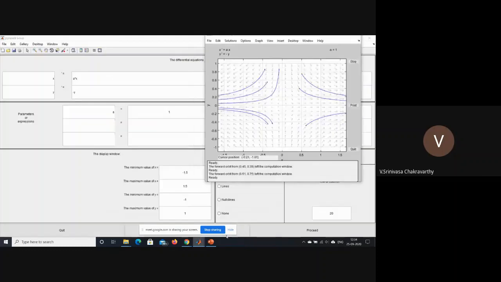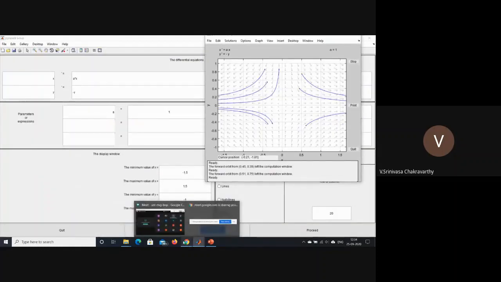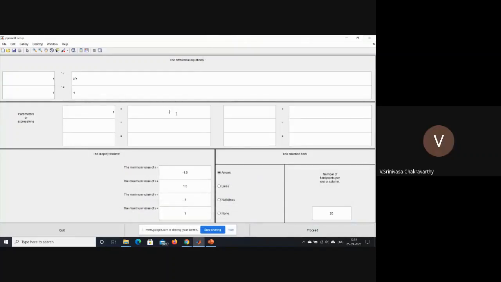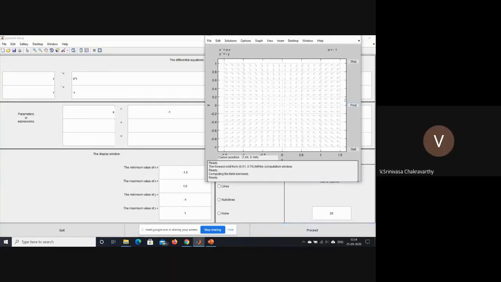Sundari, can you take the same coefficients in x and y direction? You will get a star point. Yes, sir. So A and B are the same in magnitude and sign, of course, -1. So this is because the slope is the same in both the directions, which is why the way it's shifting towards 0 is the same in both the directions. So we have a star node here.